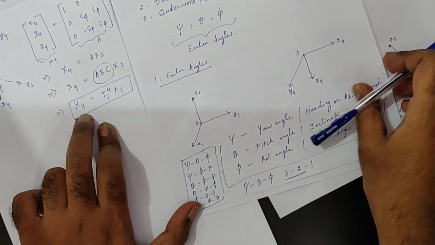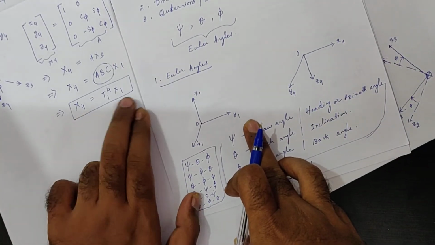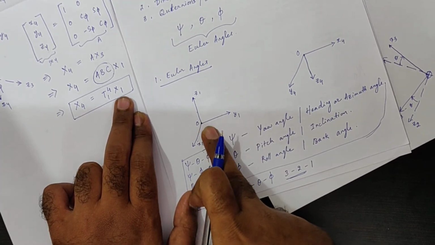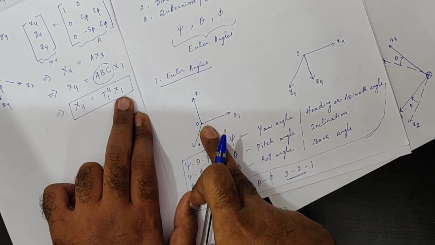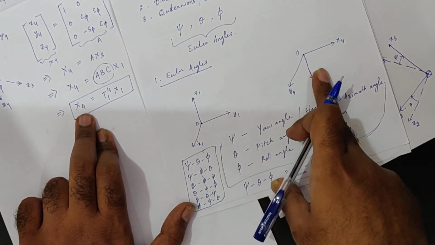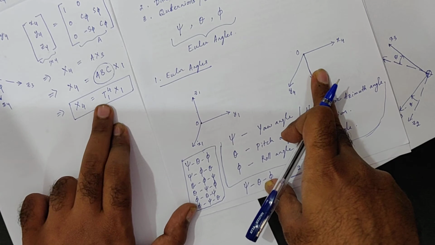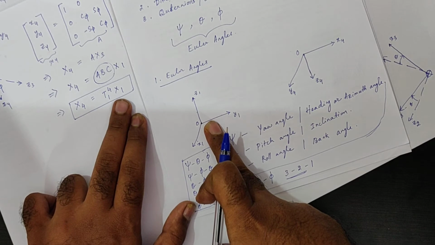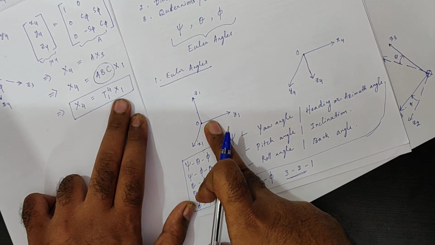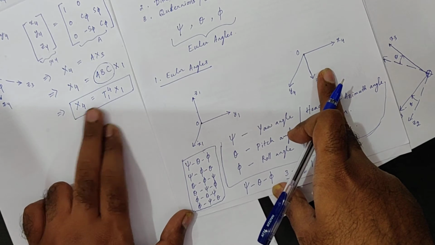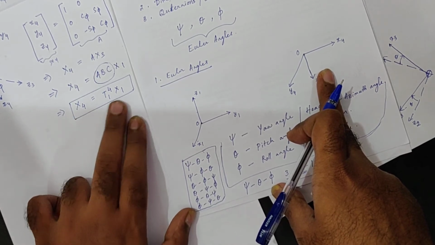okay, now you see any vector in x1, which is the earth fixed coordinate system, can be represented in body fixed coordinate system with a suitable transformation. So suppose you have one velocity vector with respect to your earth fixed coordinate system, and you want to see how does it look like in the body frame reference system, then this expression should be